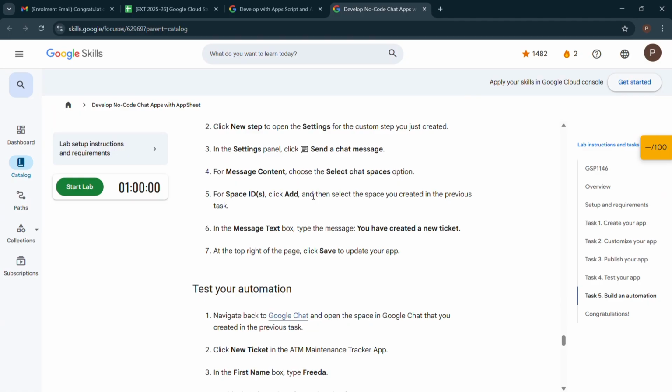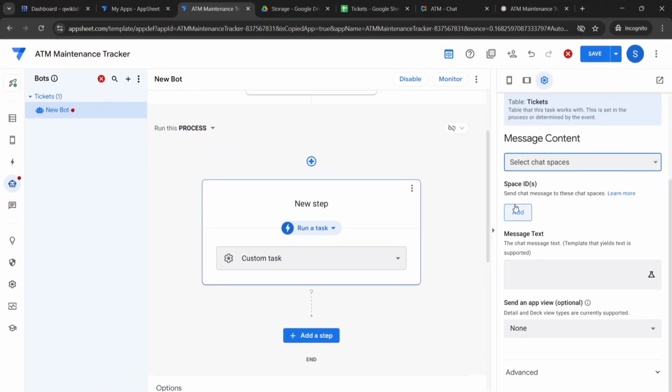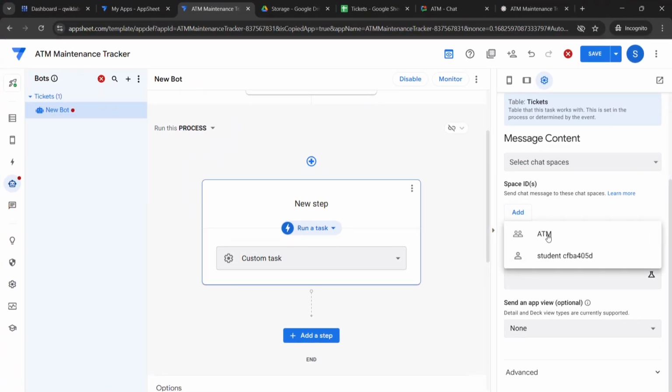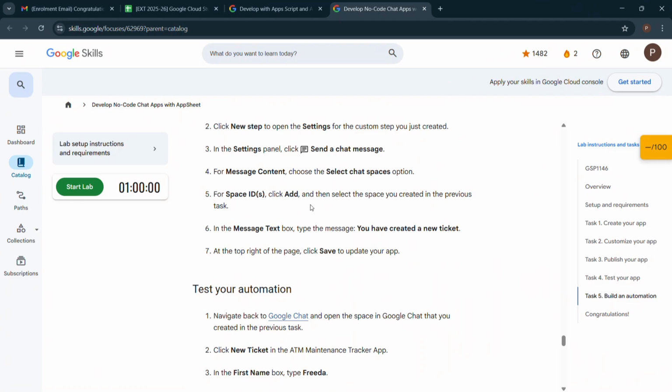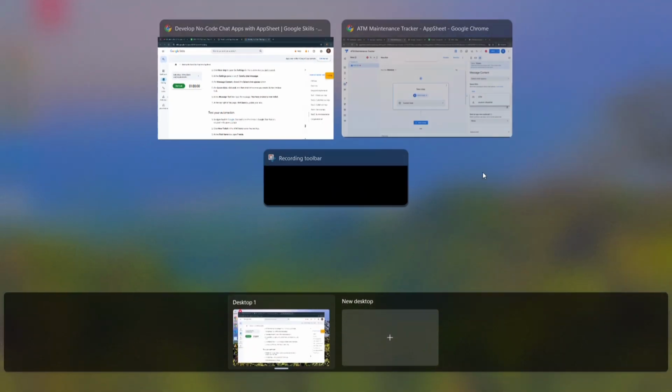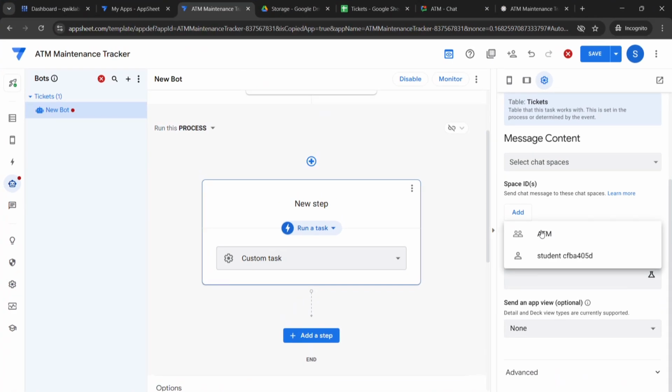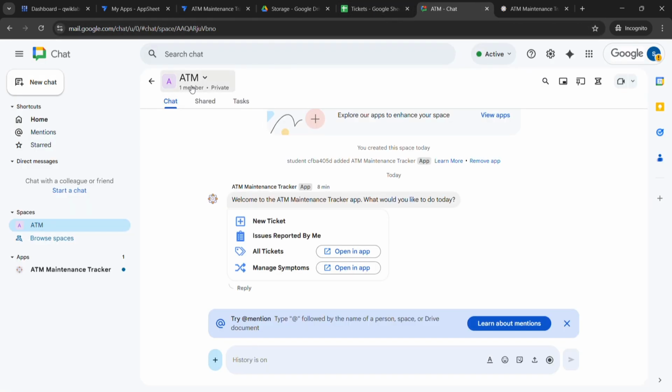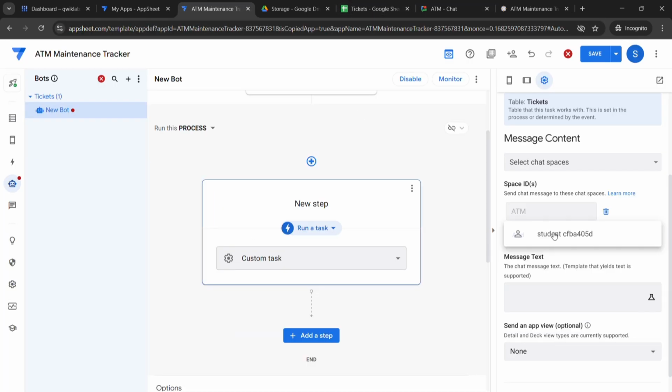Now for space ID, click add, and then select the one you created in the previous task. Okay, now selecting the space. You have seen me create it. Here we have created the ATM space. So now we are going to select ATM,